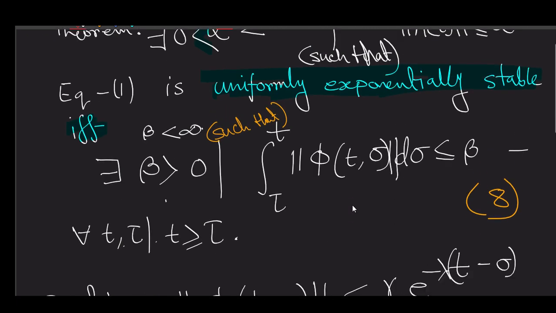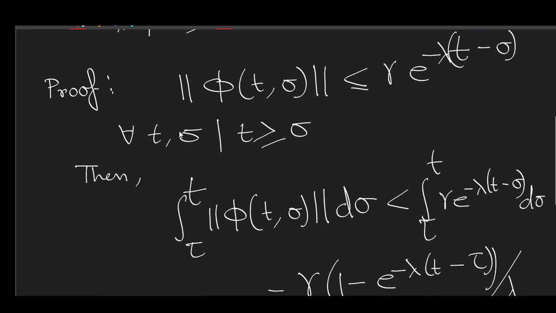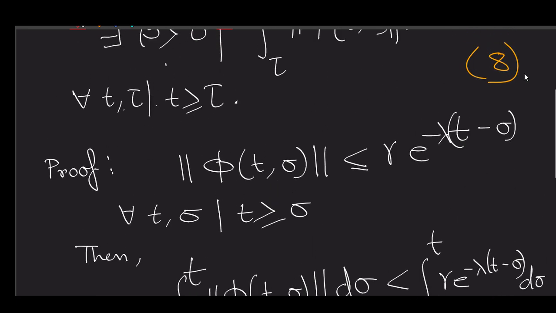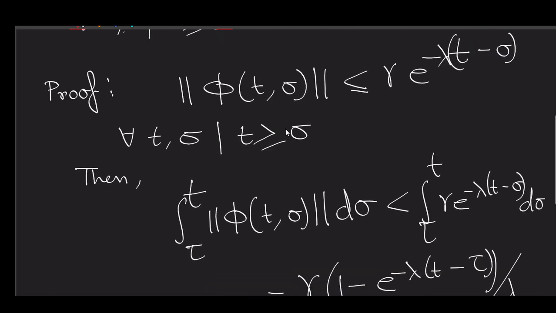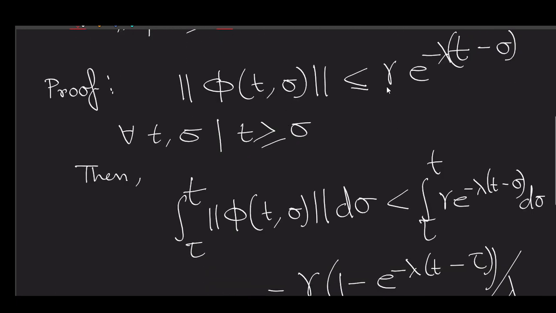So if the system is stable, then obviously we can write this for our state transition matrix, and as we mentioned, it is uniformly exponentially stable. That is why whether we write here t naught, tau,